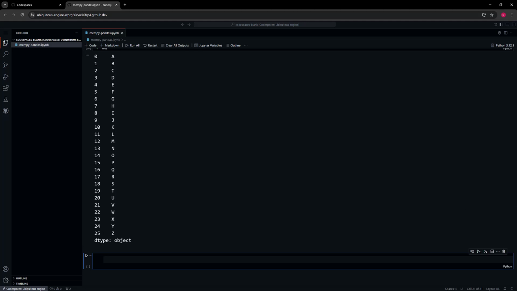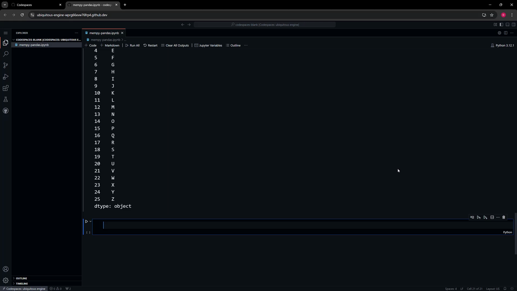However, we can actually use different values for the index. We don't have to have just integers. Later on, when we get into pandas more, I'll show you how you can have what's called a multi-index, in which you can use multiple values for an index. But one of the more popular types of indexes that you'll use is a datetime index. So let's create one of those. I'm going to say idx equals